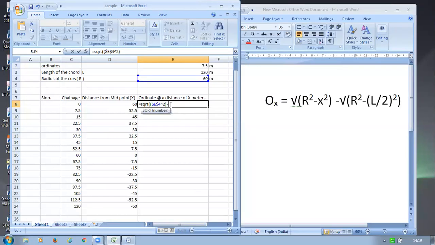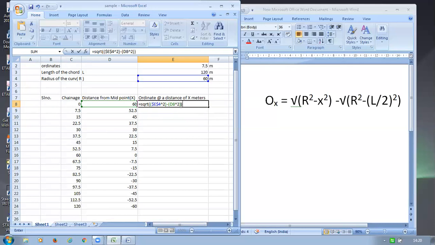Okay, next minus, put minus, and which is the x1? This is the x1. So select this one, or you can open another bracket. Okay, click x. Okay, this is the x. This value continuously changes. Okay, don't need a dollar symbol here. This x. Okay, square. How are you going to put square? Again the same symbol, square. Close the bracket. R square minus x square is over. Now close this bracket. See, at the starting I got this open bracket and again this close bracket, with black, right?